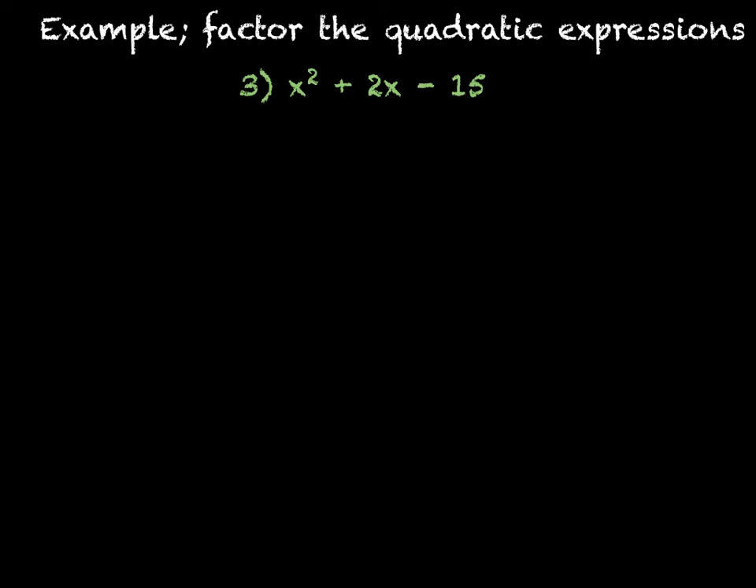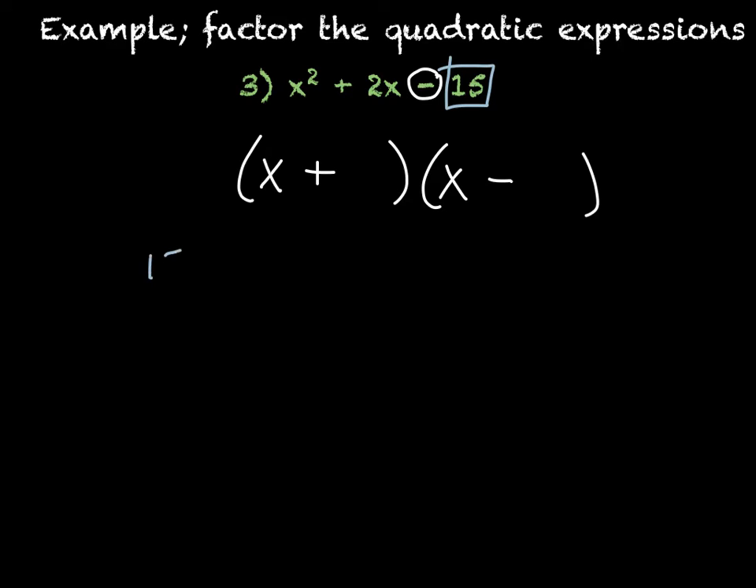Example 3, we have x squared plus 2x minus 15. So that's going to give me x and x. My second sign is negative, so my signs are going to be opposite, one plus, one minus. I'm looking for factors of my constant term, which is 15. So that would be 1 times 15 and 3 times 5. Now here's the catch. We're looking for a sum